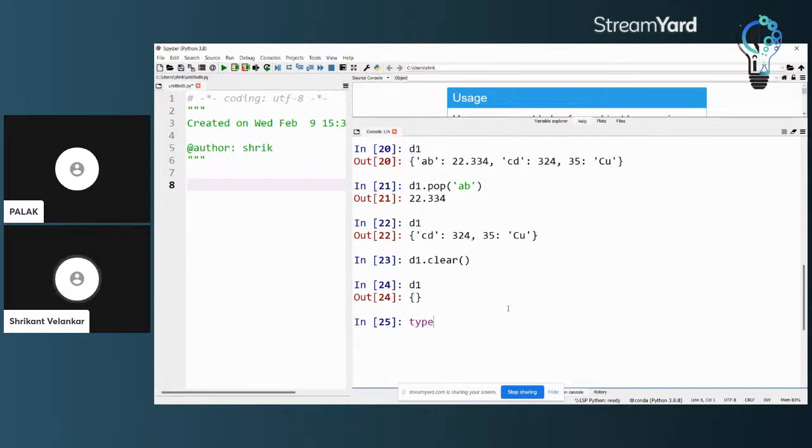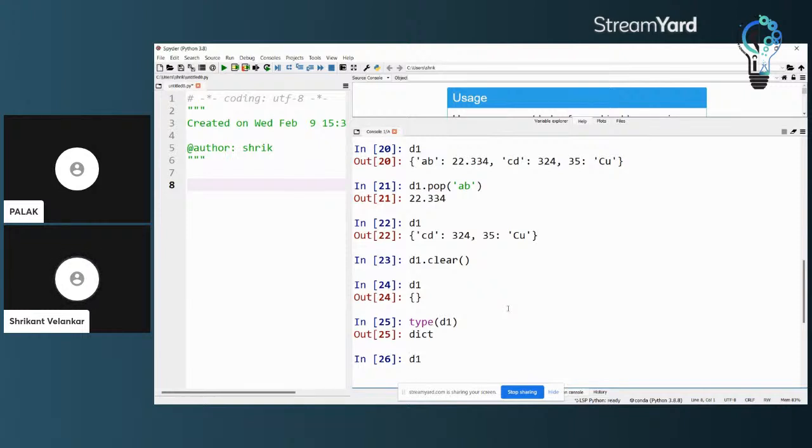So if I say type d1, you will see that still it is showing dictionary, meaning the empty dictionary exists at that particular position, and therefore d1 as a variable is still valid.